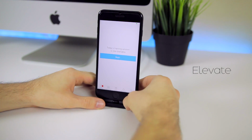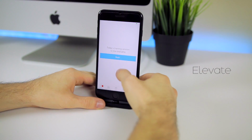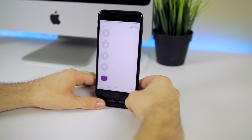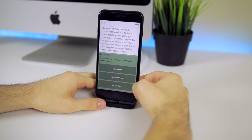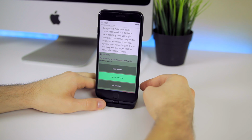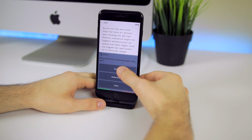Alright, so the first application is called Elevate. And Elevate is basically a brain exercising application that I start every single morning off with. And I know it sounds super uninteresting and may remind you of school or something like that, but trust me, it is an amazing application if you're interested in bettering yourself and kind of just enhancing your daily real life